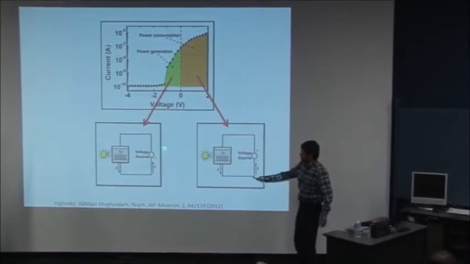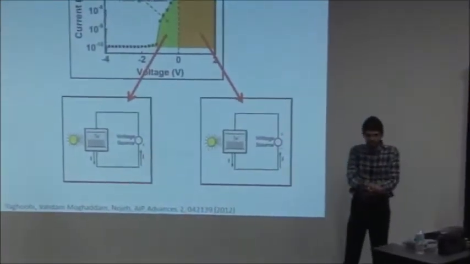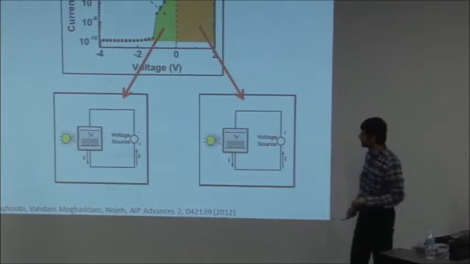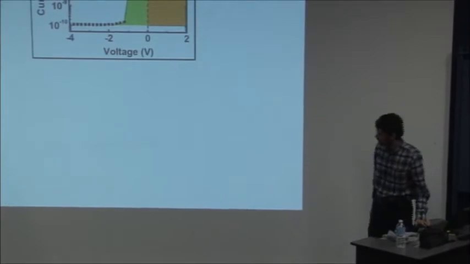And you might say, well, there's still a voltage source. I don't like that. If you disconnect this, which we've done, and you put a resistor across this, you will see a good voltage build up across the resistor. So that's very interesting to see. So it's really a power generation device.